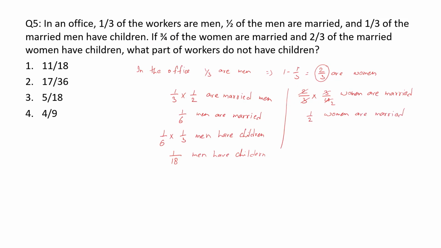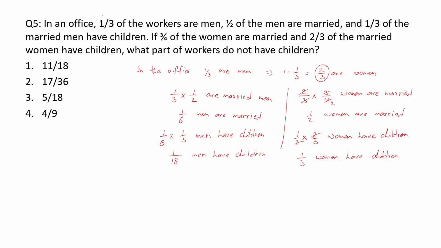Okay. Now 2/3 of the married women have children. So 2/3 of half have children. So that means 2 gets cancelled with 2. 1/3 of women have children. So now